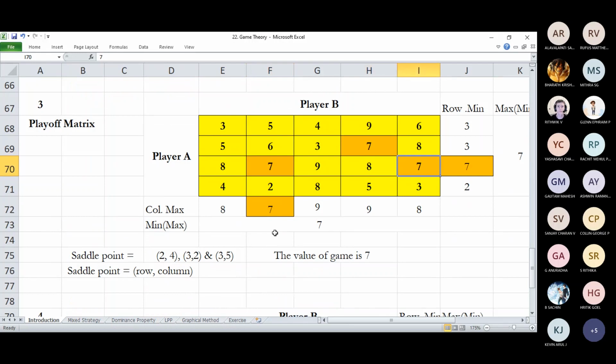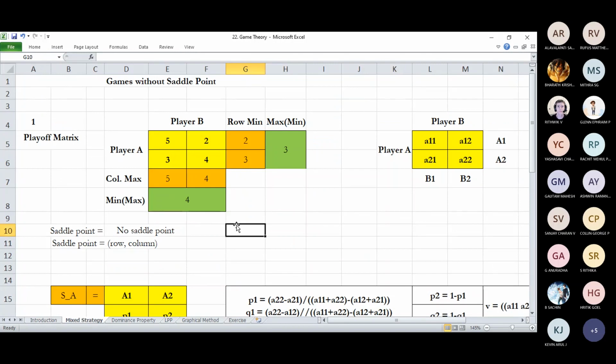But what happens with a game that does not have any saddle point or any optimal point? Then that is called mixed strategy, right? So that is what we're going to do today in this lecture. This is typically a game with definite strategies against player B, typically called a payoff matrix. For player A and player B, if they choose A11, this is the value of the particular strategy, or it is something like a rating for a decision, or just a numerical value for an outcome.